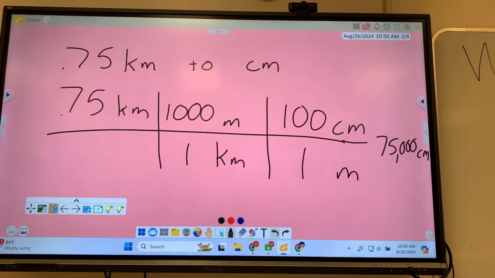But Climber, I hear you say, I can figure out how to go right from kilometers to centimeters by just counting all the steps in between. You're right. You can do that if you'd like. It's just an extra step. But then you're going to get into maybe 7, it might be 8, it might be 12, a bunch of zeros. I don't want you to confuse yourself. I always do it in an extra step, but I'm not going to necessarily mandate that. However, if you confuse yourself and you do 7 instead of 8 steps because you missed one or whatever, I'm going to have very little remorse when you're off by a decimal place.